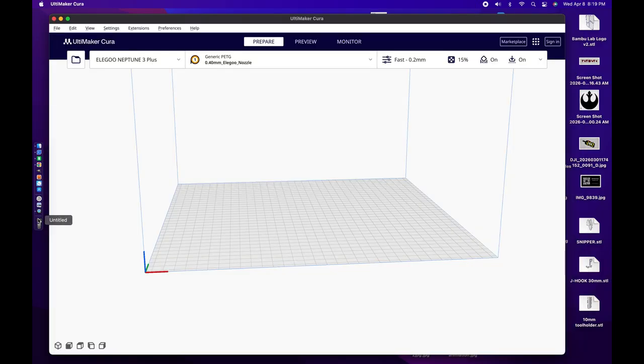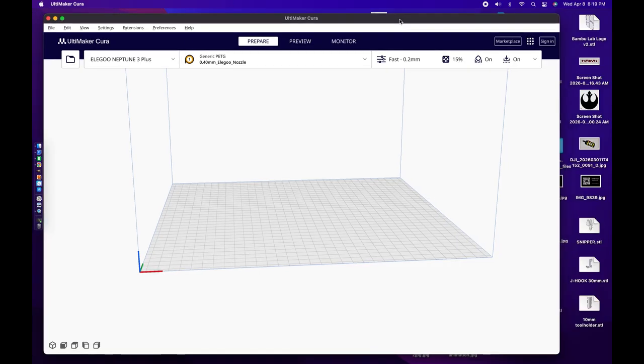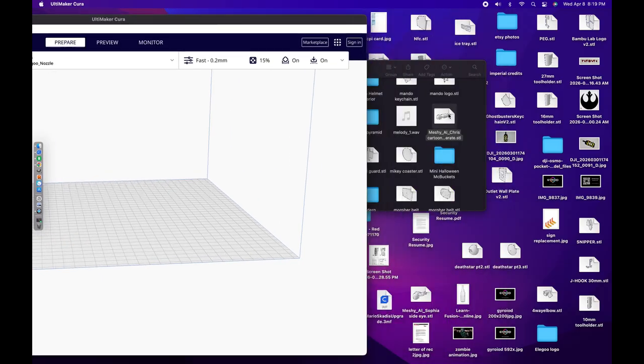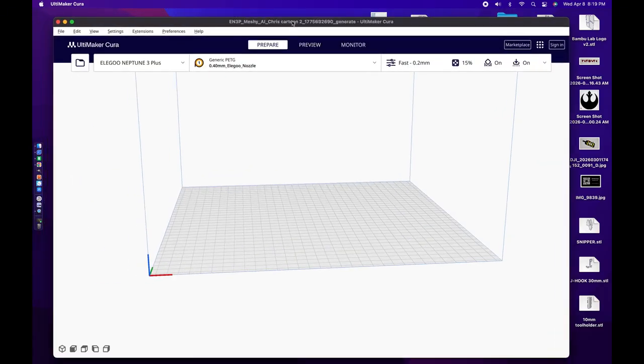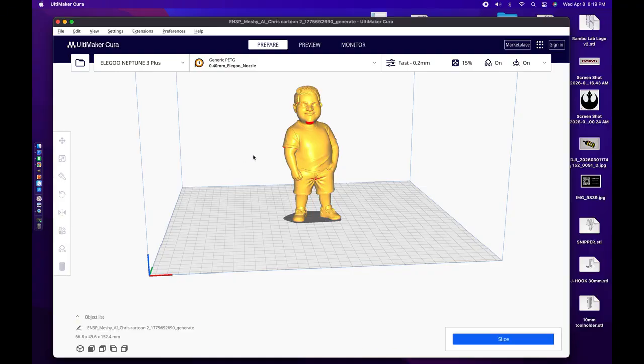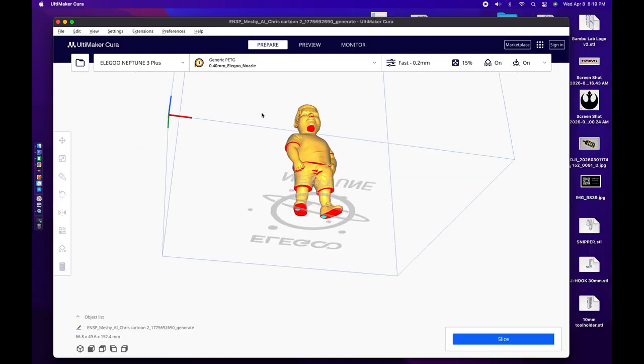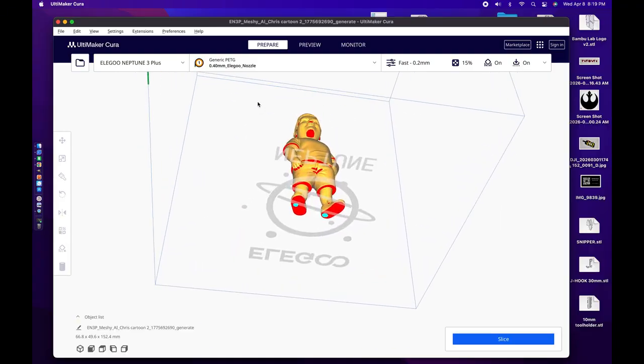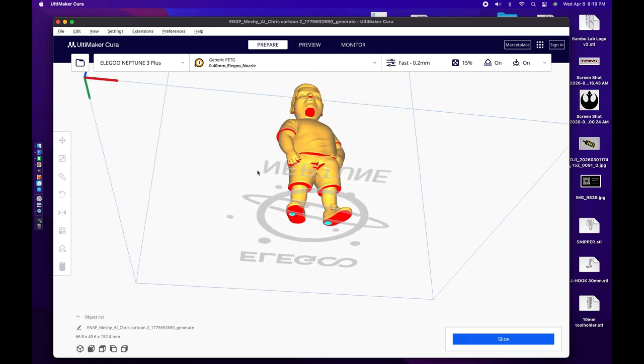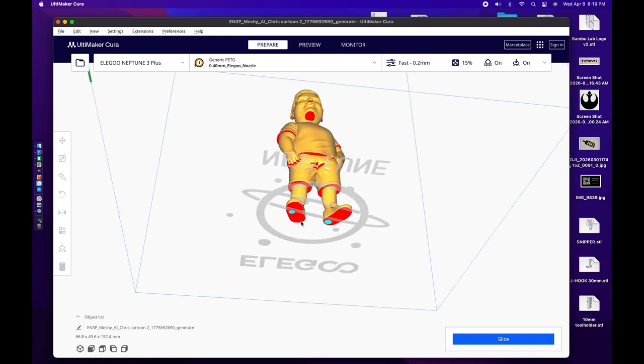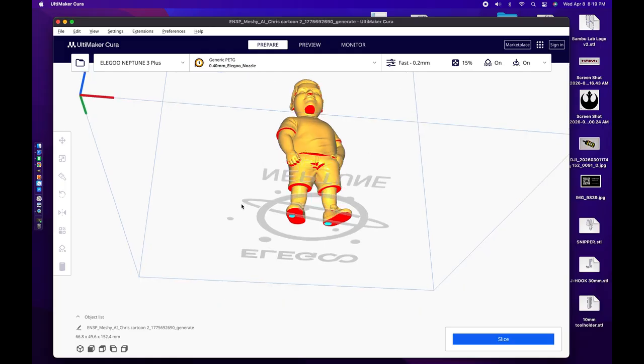So now with Cura open, it's the same process. We're going to drag our model in. In Cura, it shows you the troubled spots, so everything that's red pretty much needs supports. Under the feet here, I don't know why they're not flat, but it'll generate supports for everything that has red. So we would go to our